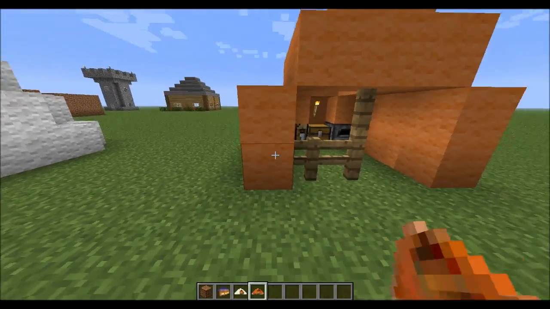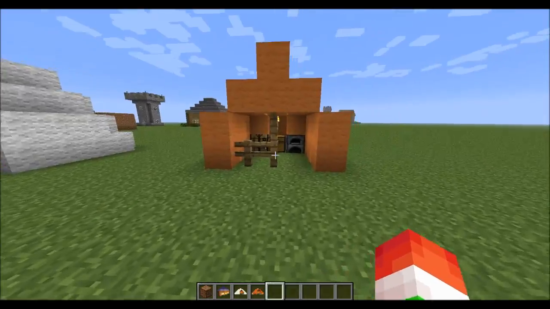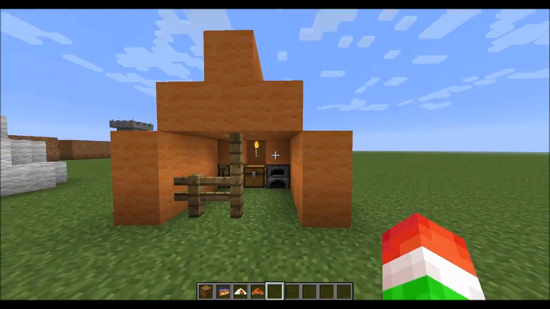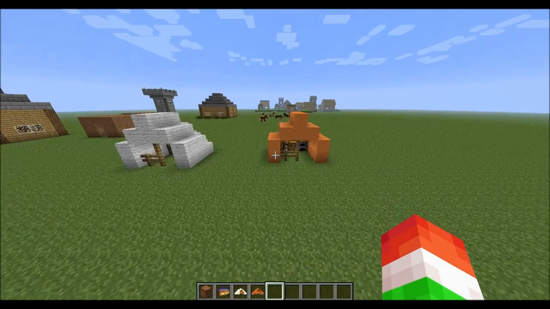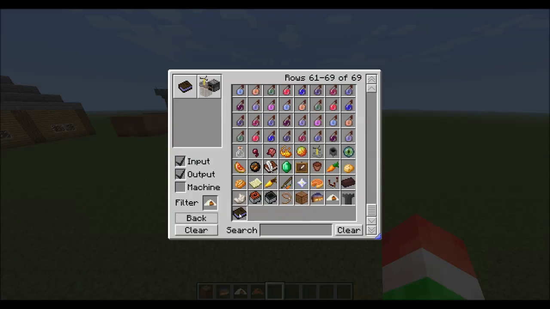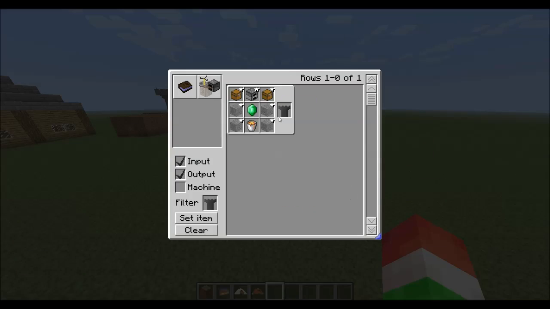Then if we go ahead and spawn in the orange one, like I said, the orange one is exactly the same, just with obviously orange wool, and it also has a chest, crafting table, and a furnace, which is also pretty sweet in my opinion. So let's go ahead and take a look at the very last one, which is the